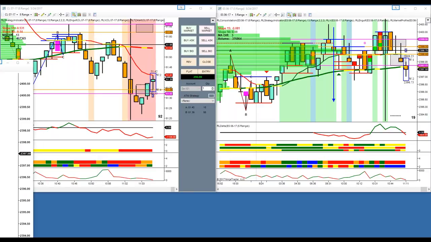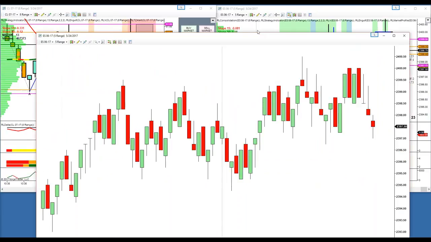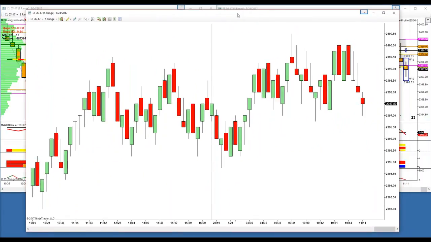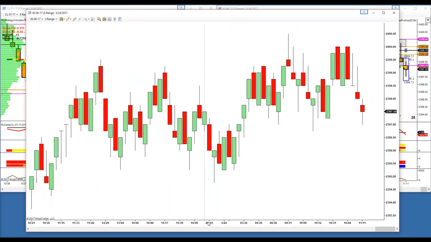Okay, we're ready to go. And let's just start indicator by indicator. And the first thing on the E-mini is,